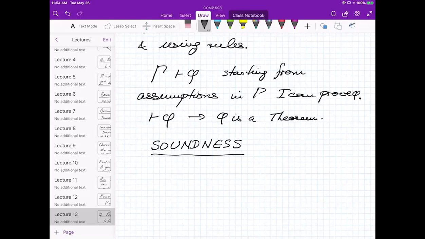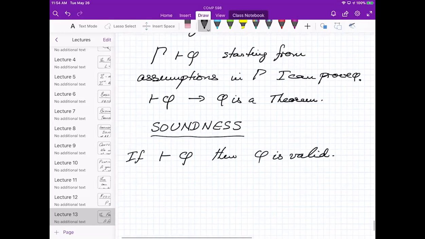And what model theory tells us is, what are you talking about? It gives us some content to what we've been proving. So soundness says, if phi is a theorem, then phi is valid.